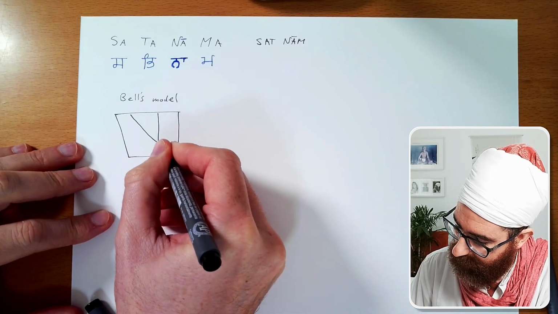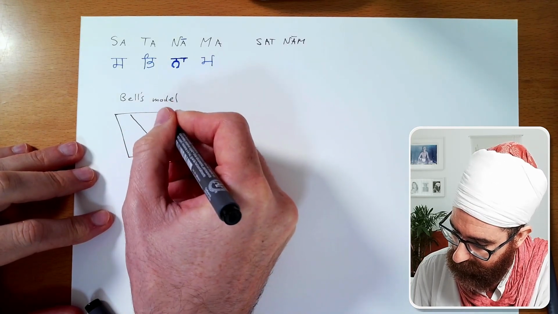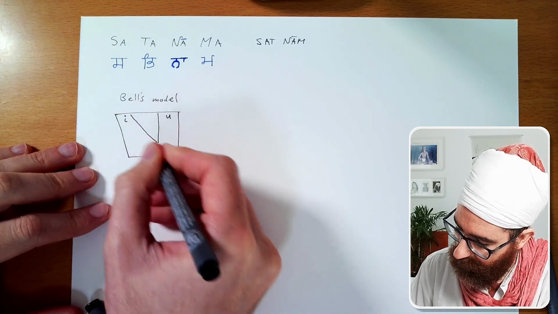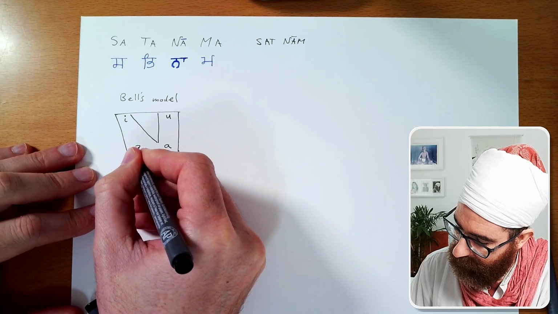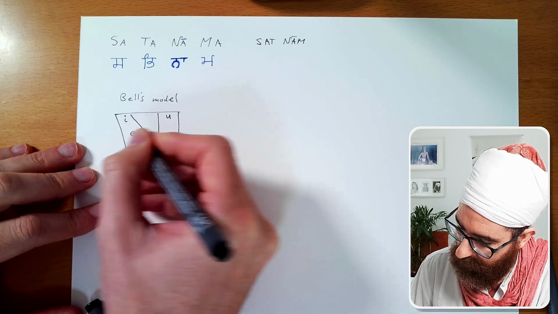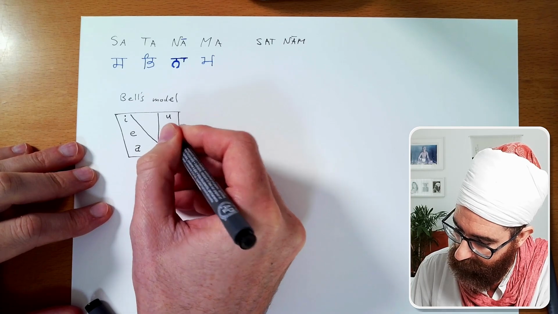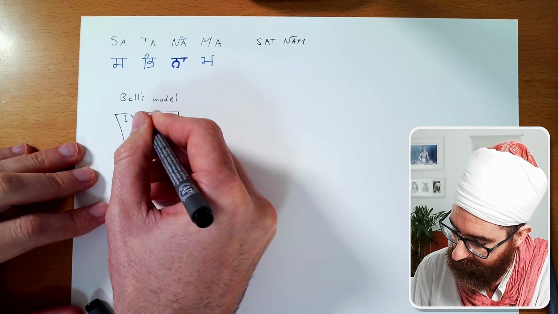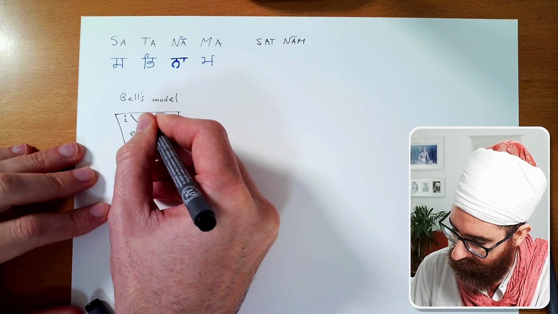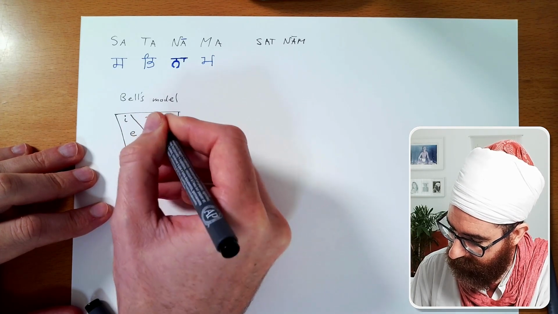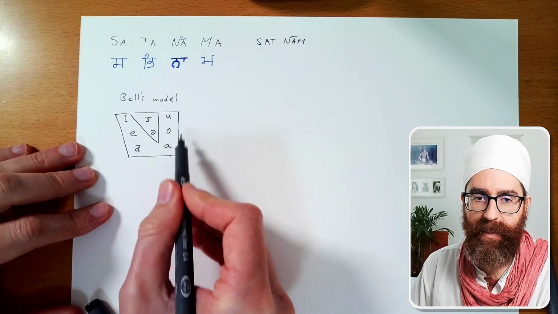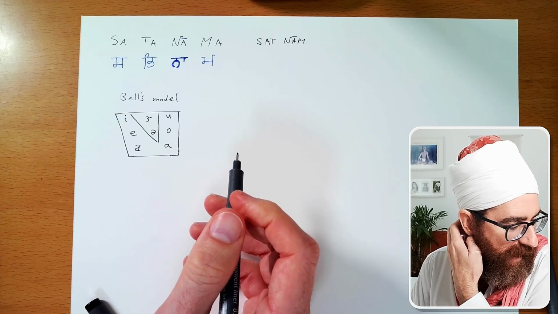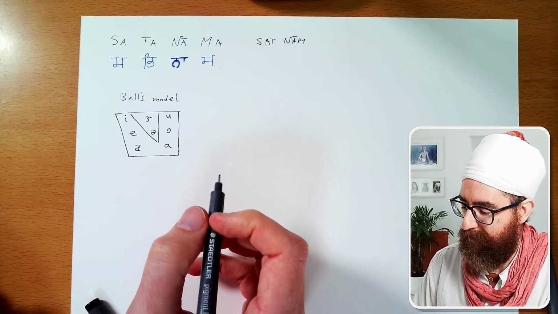And here the different vowels are placed, like the A and the U. And here's the E. This is slightly different, and the E would be here, the O would be here. And then there are other sounds. I don't know how it's written exactly. There are a number of different vowels all placed within this, because some languages have a lot of vowels, and